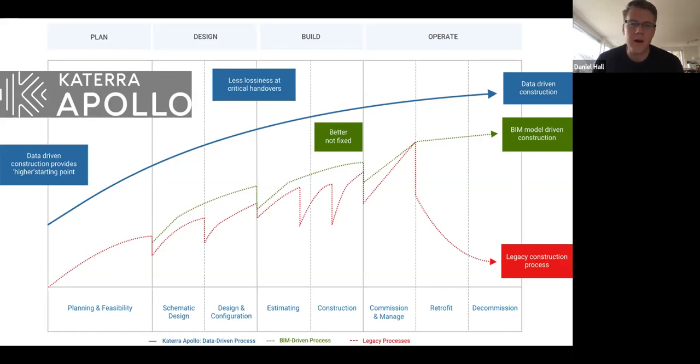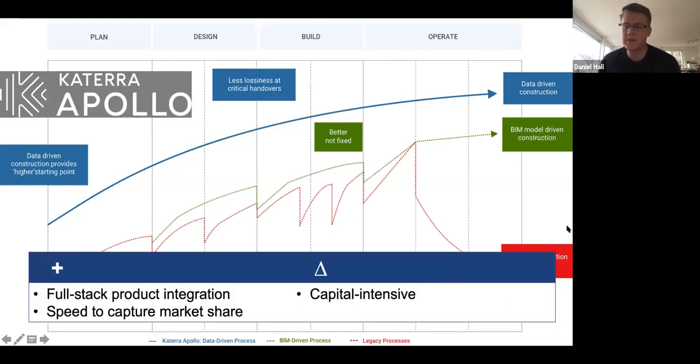Again, it's a bit PR, but I have seen some of their examples of how they've reduced, for example, the design time of a new building over 3 or 4 iterations down to a couple of hours from several days. So again, it's about generating floor plans that fit within your product system and doing it in a very smart way. Okay, so let me just summarize Katerra then.